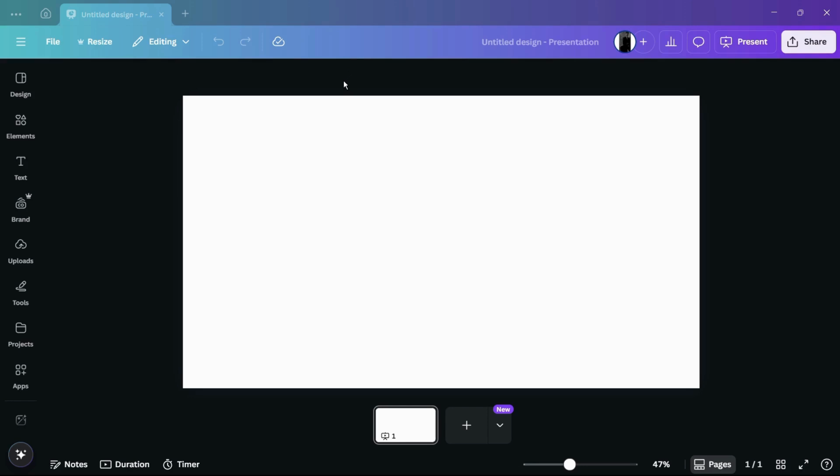How to use layers in Canva. So hey guys, in this tutorial I'm going to show you how you can use layerings for different elements in your Canva design. As you can currently see, I have opened this presentation design in my Canva application,